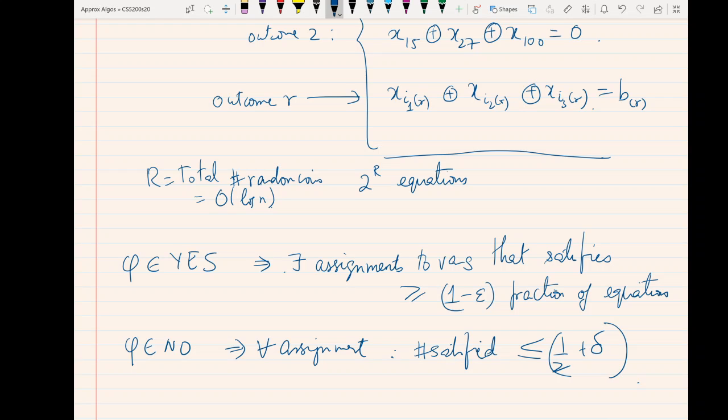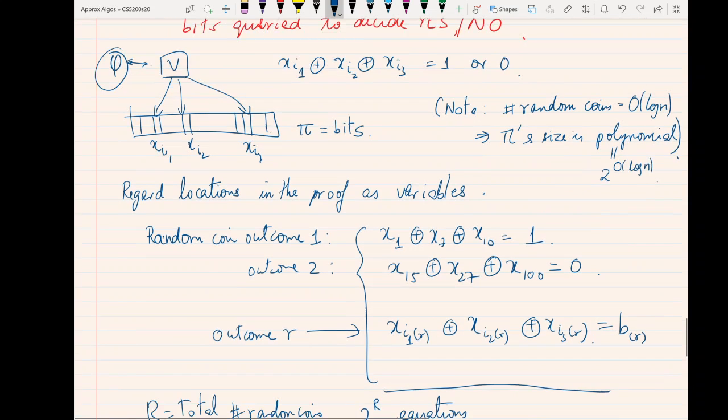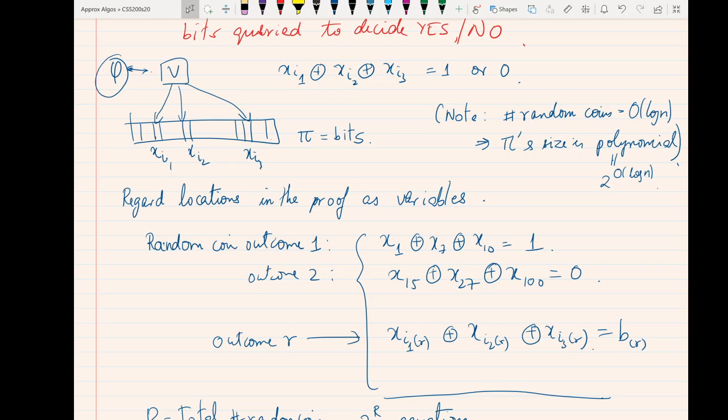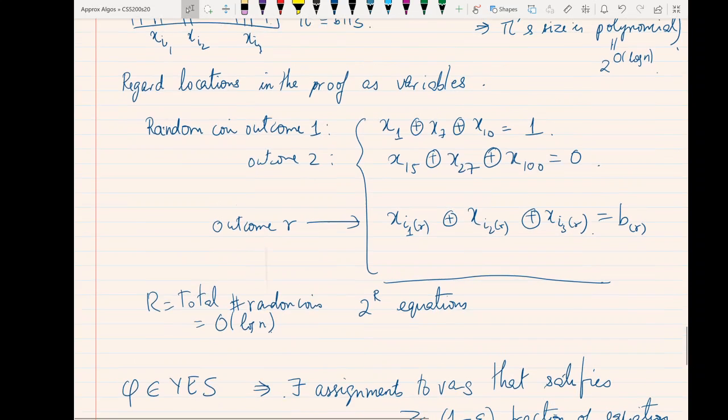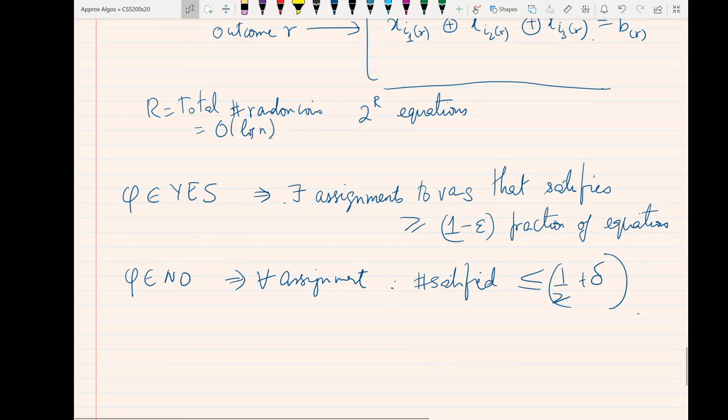And now what this tells you immediately is that you have reformulated, via this verifier concept, your probabilistically checkable proof as whether a set of equations has a solution that satisfies a 1 minus epsilon fraction, or whatever you try, the assignments to the variables satisfy at most a half plus delta fraction. So this is indeed a gap problem, a gap problem for satisfying a number of linear equations. I'll call this problem the Max Thielen problem,